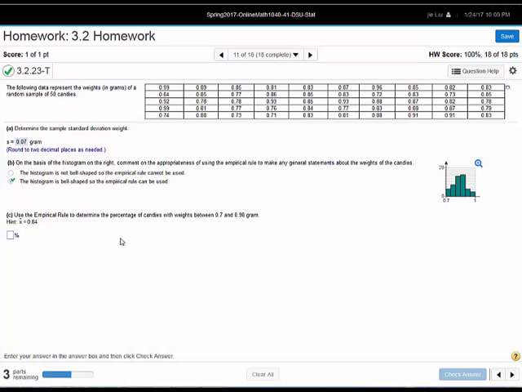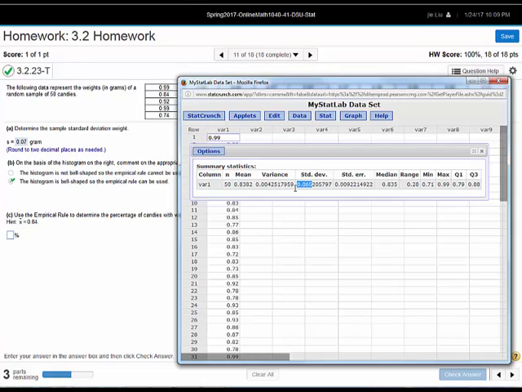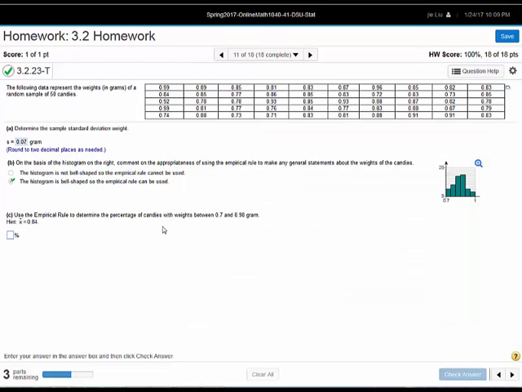Okay, how do you use the empirical rule? Look at the standard deviation, which is 0.07. And the mean is 0.84, if you look back at our calculation here. They also gave you this in your question. So one standard deviation above will be 0.84 plus 0.07,